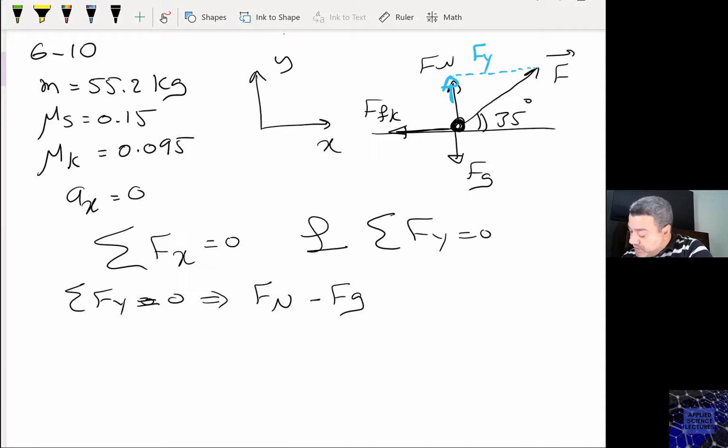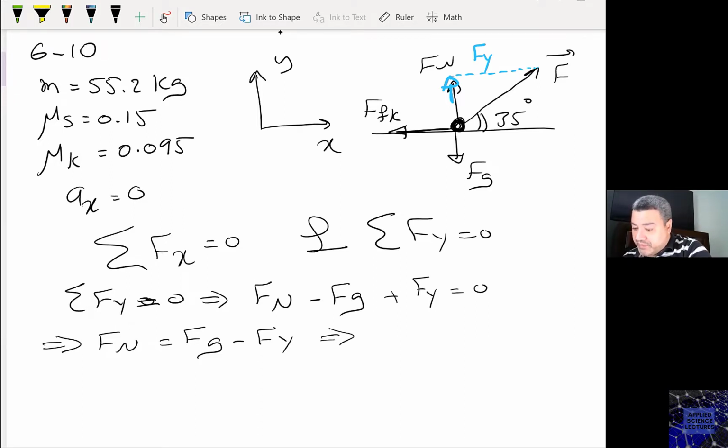So this is positive plus Fy equals 0. This means I have Fn equals Fg minus Fy,